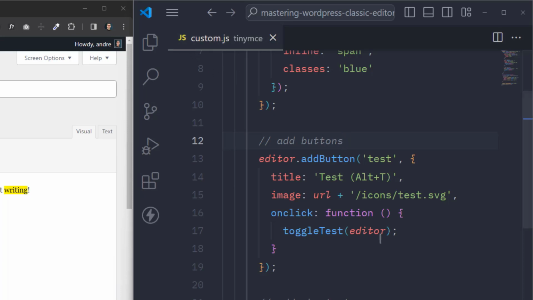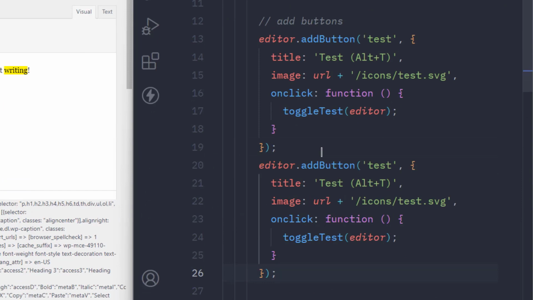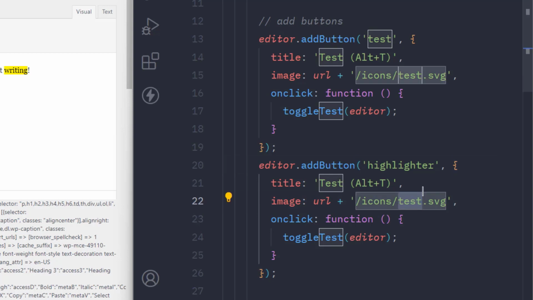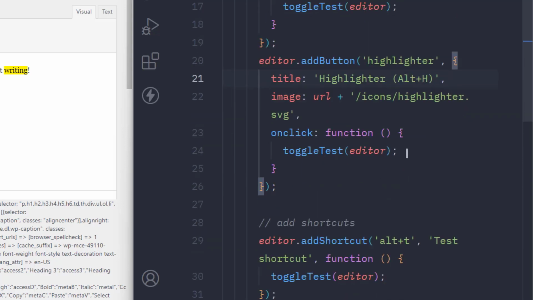So here in custom.js, let's copy the code responsible for adding the custom button and duplicate it. So this is the code here to add buttons. Let's duplicate it here, paste it here, and let's update where it says test to highlighter. Highlighter, and let's change here to Alt H. Let's save it. And note that for the toggle test here, we will need to duplicate it as well, only to change